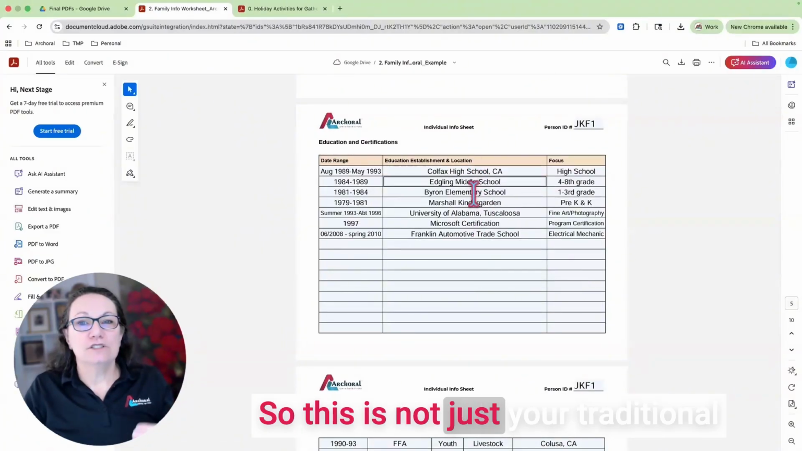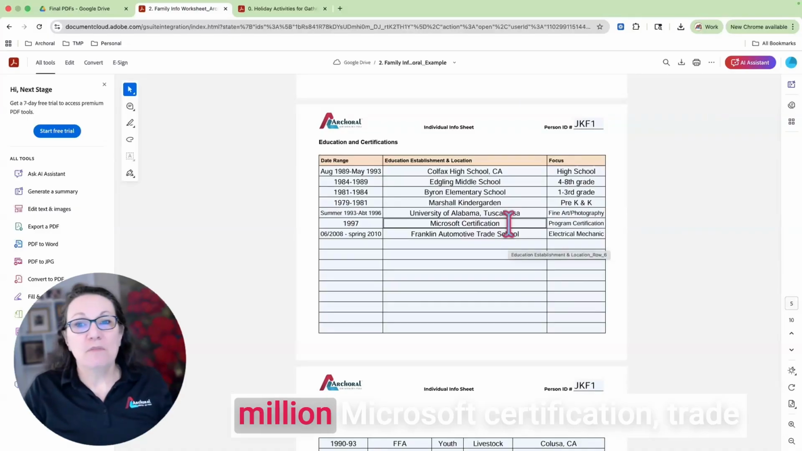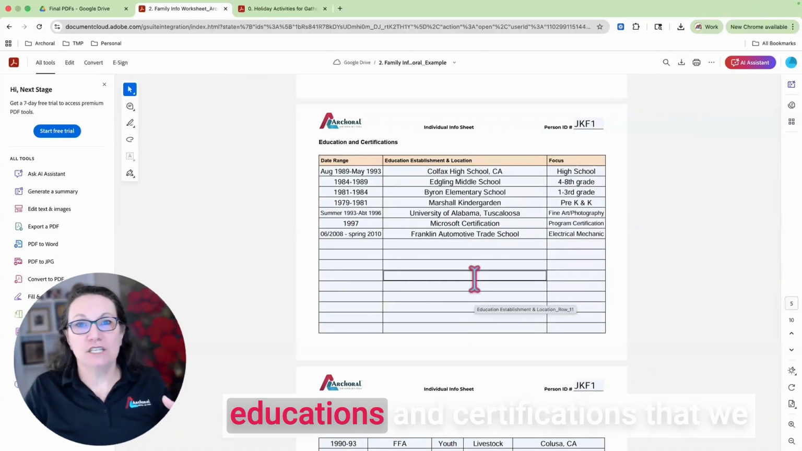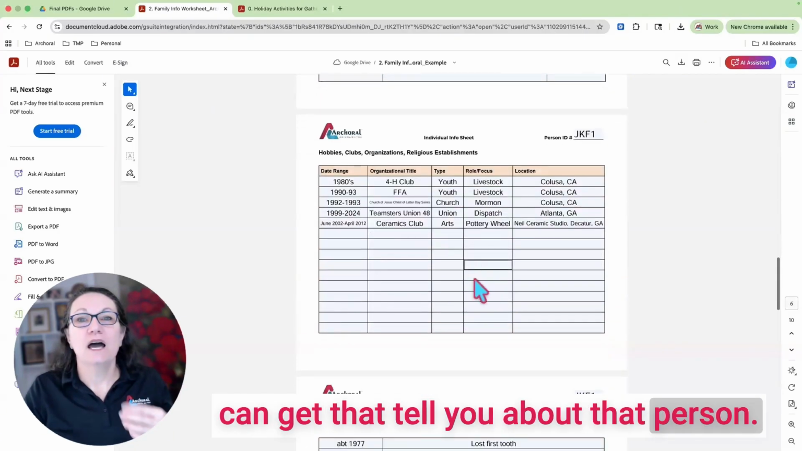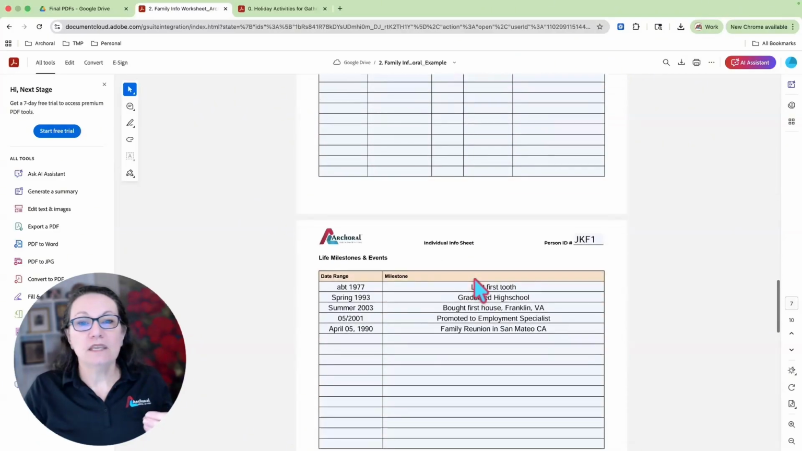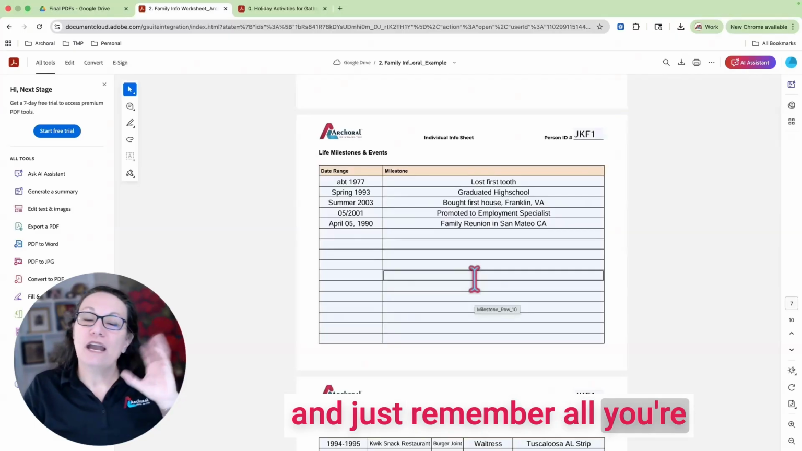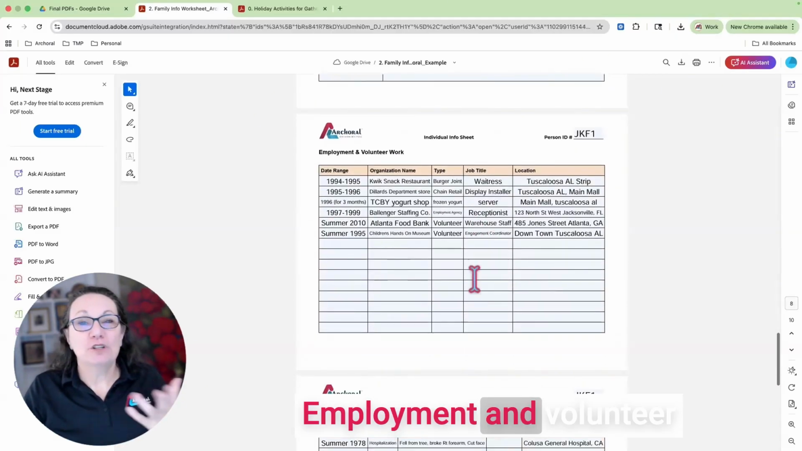Education and certificates. So this is not just your traditional education. This is nowadays there's a million Microsoft certification, trade schools. There's all kinds of different educations and certifications that we can get that tell you about that person. Hobbies, clubs, organizations, religious establishments, life milestones and events. And just remember, all you're asking for is just memories. Employment and volunteer work,